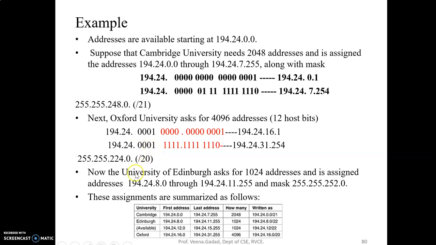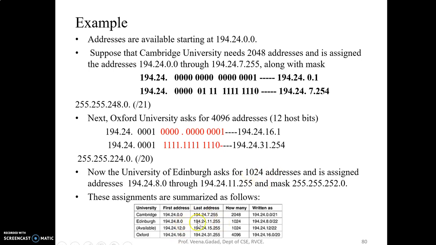Alright. Now one more small university asks for 1024 addresses, and here we make use of that smaller number of addresses, allocating the smallest block. So it is something like this: 194.24.8. How many bits do I need? Just 10 bits.